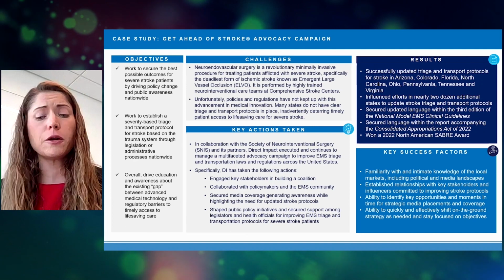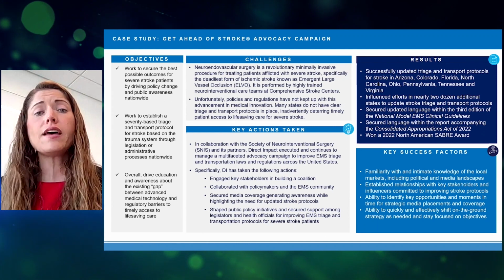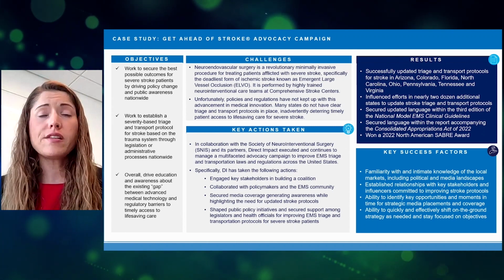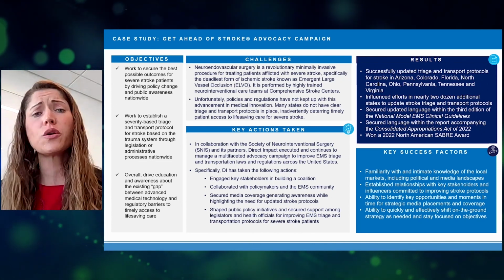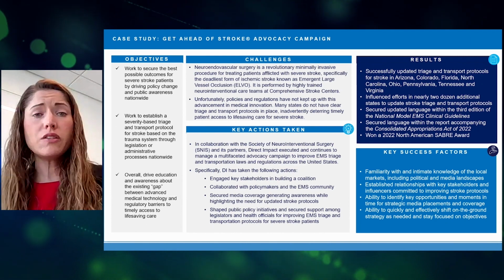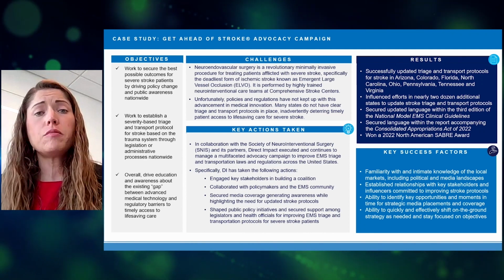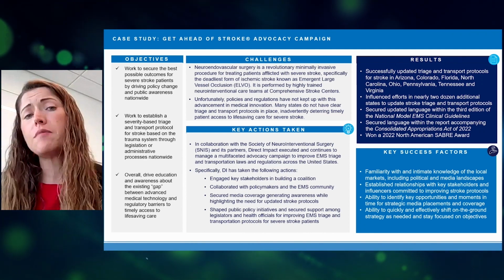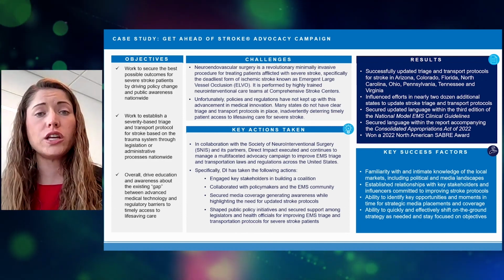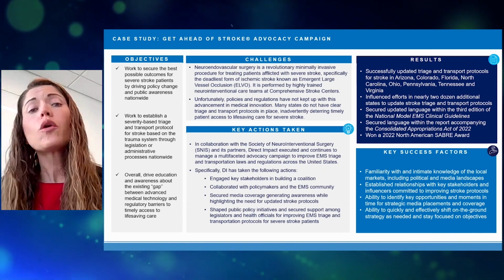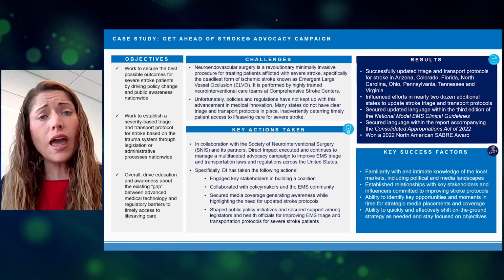Some of you may be familiar that around that time, endovascular therapy came onto the scene as perhaps the most effective way to treat very severe cases of stroke, those involving what's called a large vessel occlusion or deadly stroke that a couple of decades ago would leave a patient permanently paralyzed or worse. But now it's available at higher level, what are called thrombectomy capable and comprehensive stroke centers. So provided that a patient with a large vessel occlusion is transported to one of these facilities in a timely manner, they can undergo this treatment and have a positive